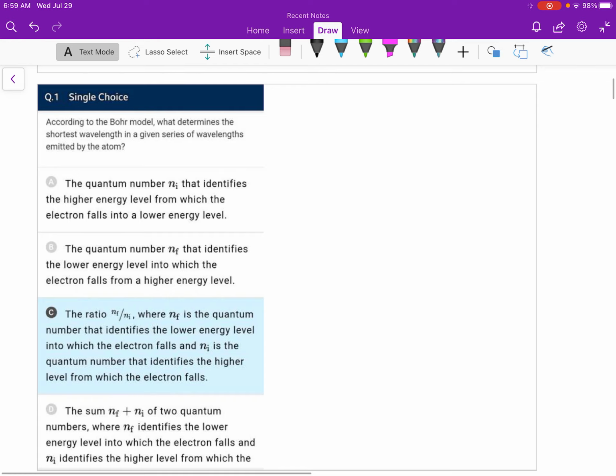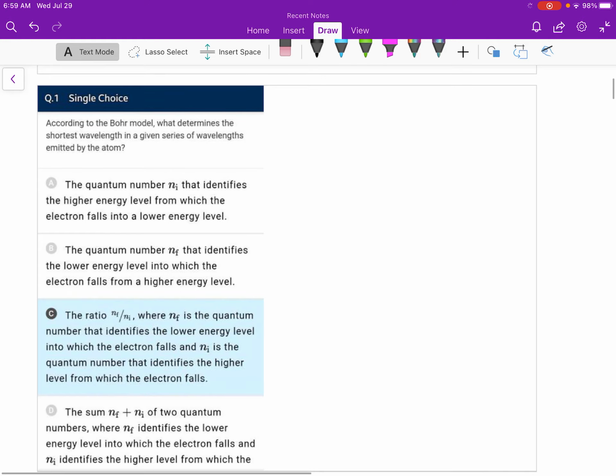According to the Bohr theory, what determines the shortest wavelength in a given series of wavelengths emitted by the atom? So shortest wavelength means maximum energy. Lambda min, that means maximum energy, and maximum energy photon we will get when the transition takes place from infinity to that particular quantum number. So the ratio,